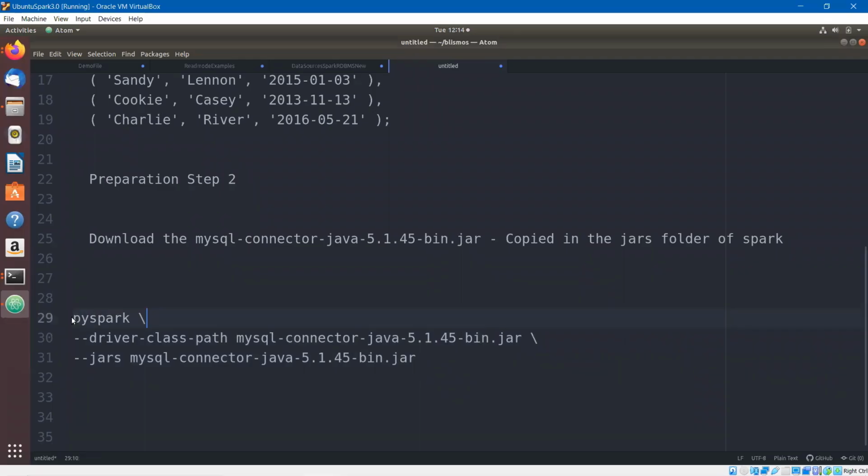What we did is, we are invoking PySpark by providing the driver class path. You can see PySpark driver class path, the jar file, then give a space and provide the new line character, then provide the jars, then MySQL. Copy this